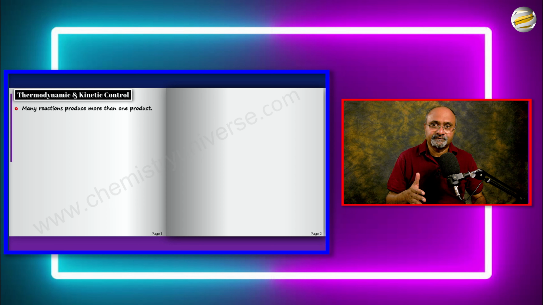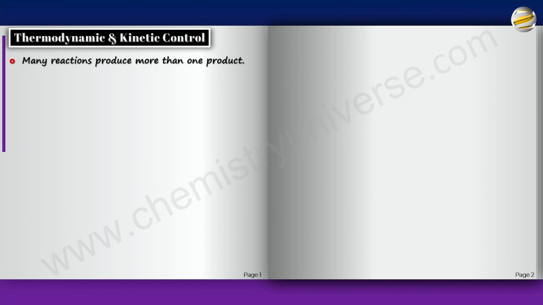So a single reactant can produce more than one type of product depending on the pathway it goes through. If it goes through pathway 1, it produces one product. When it goes through pathway 2, it produces another product. Whereas in the case of CaCO3 giving CaO plus CO2, both are produced in the same pathway. So whatever pathway produces CaO, the same pathway generates CO2 as a side product. So when I talk about the reaction producing two types of products or three types of products, it is based on the fact that they are produced by different pathways. So let's get deep into it and understand the meaning of thermodynamic and kinetic control.